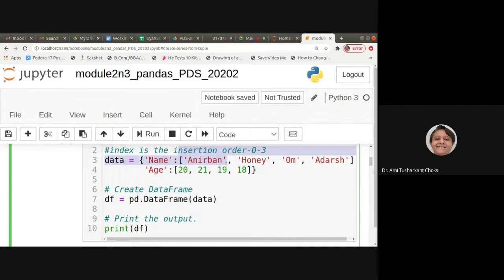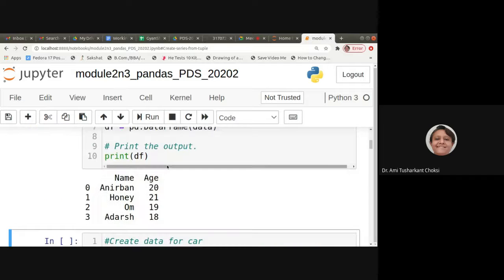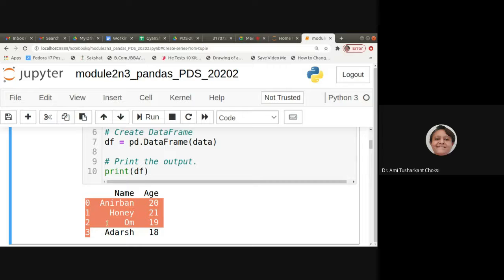Here the length is 4, so it will be 0 to 3. That is the index, fine. So let's see the output. Name is one column, age is one column. For Anirban 20, Honey 21, Om 19, Adarsh 18. Fine. And the index is 0, 1, 2, 3.